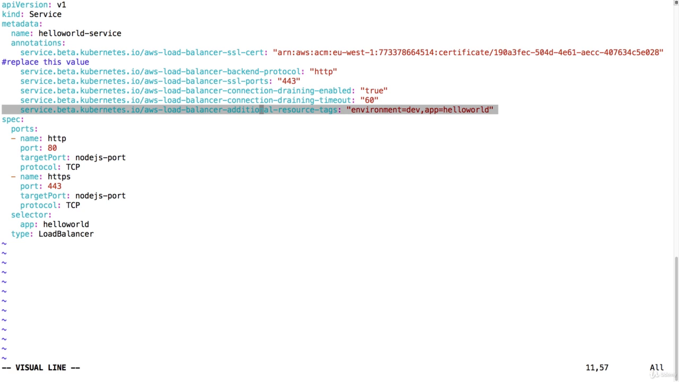These will be tags added in AWS. Then I have two ports that will be added to the load balancer, an HTTP port on port 80 that will go to my deployment, and an HTTPS port on 443 that will also go to my deployment. So it will connect to the Node.js port of my Hello World app. So it's encrypted to the load balancer, and then TLS is terminated, and then it will go over plain text